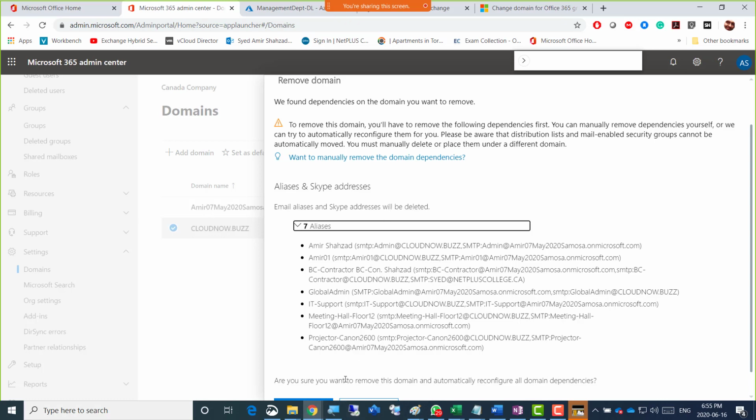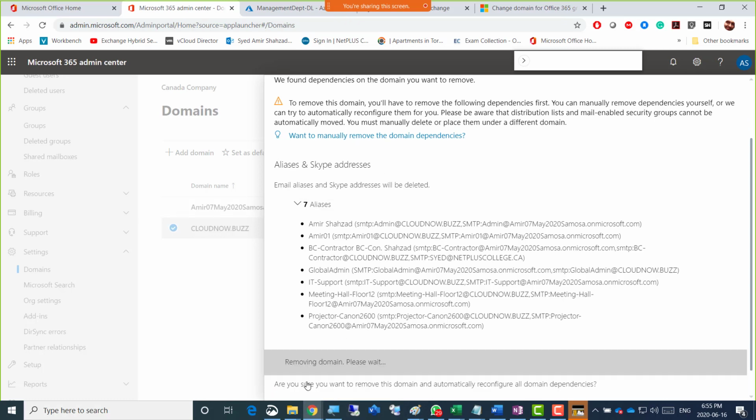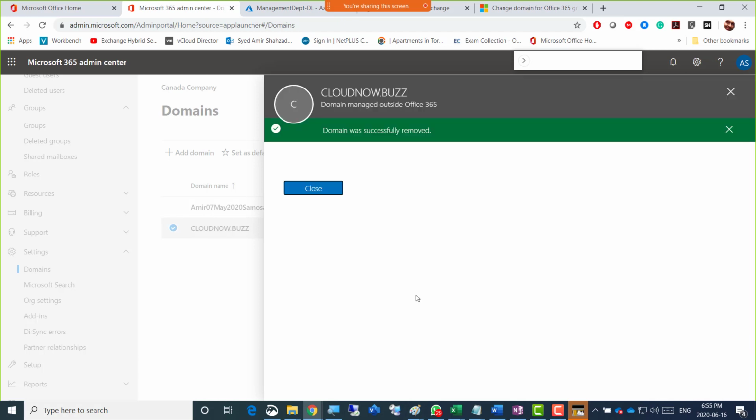So yeah, I think it's now removing domain. Please wait. So instead of going there, I just click that remove button. Oh, okay. All right. So instead of going to those areas, it just said that it's okay and the domain was successfully removed. Yay! Okay. So guys, anyone still remaining? And yeah. So okay, it is saying refresh and wait.